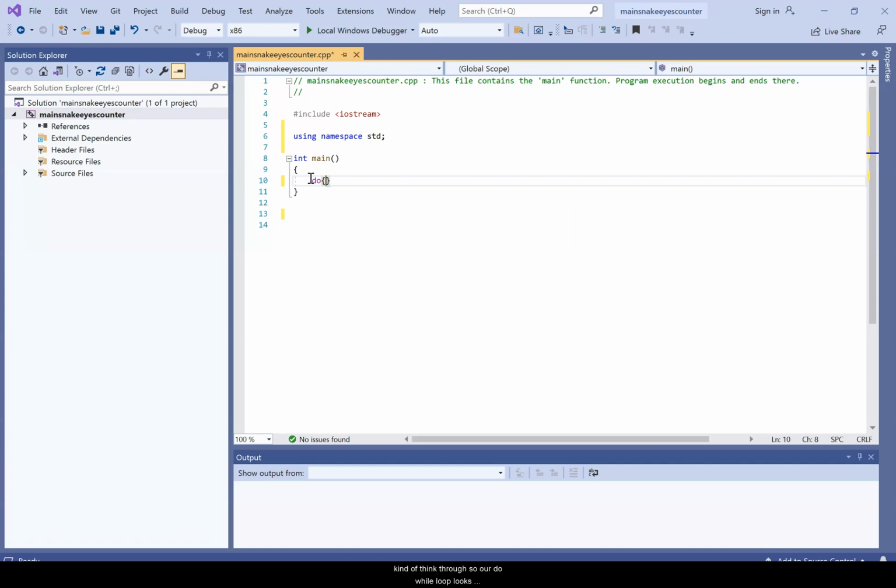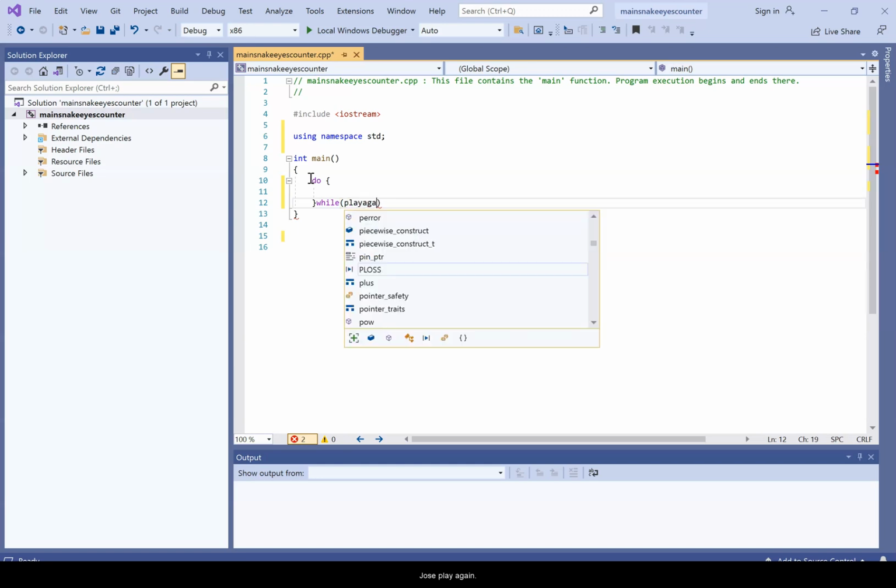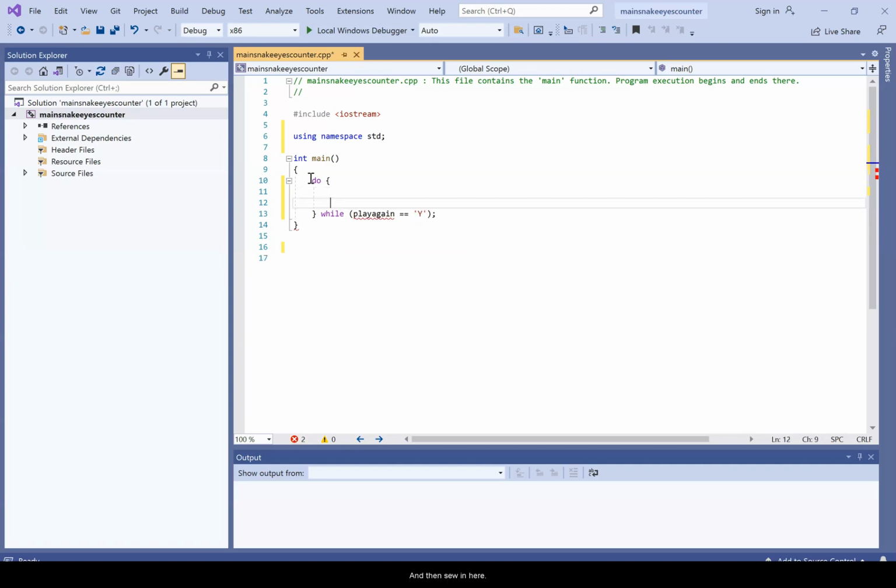So our do-while loop looks something like this. Do, while, and our while is going to be what? We'll say play again is equal to yes. Okay, and then in here we'll have some sort of